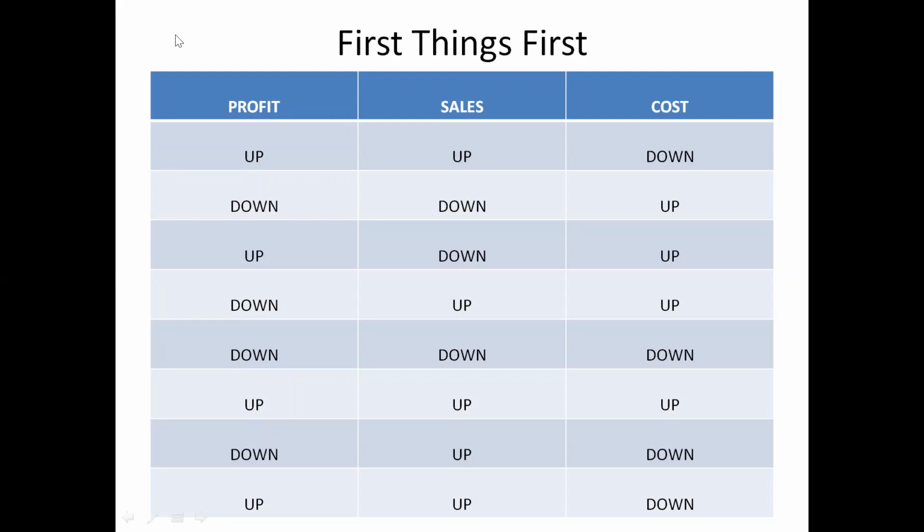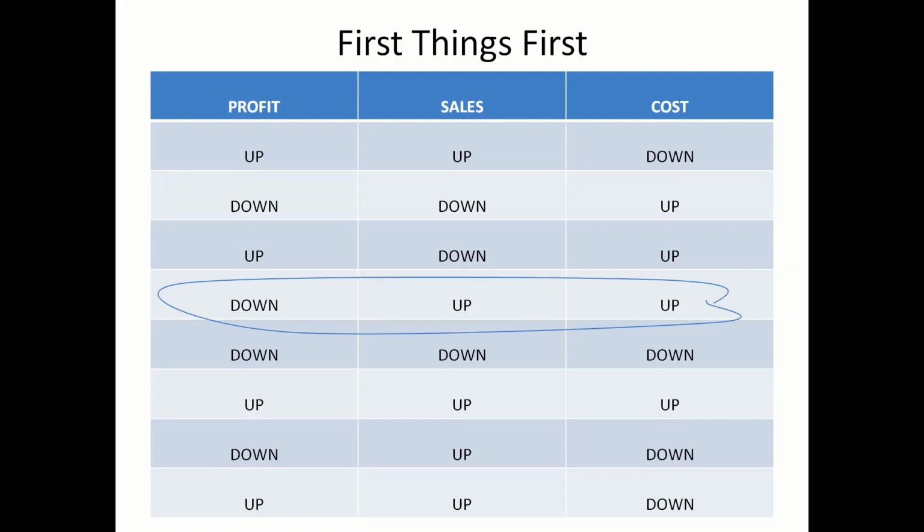here we look at the profit, sales, and cost. For any case study that you begin, you first have to identify this equation and find out about its sales and cost and profit, whether they are increasing, decreasing, or there's any other change. So there are lots of combinations listed down here. And for our case, it comes to the fourth